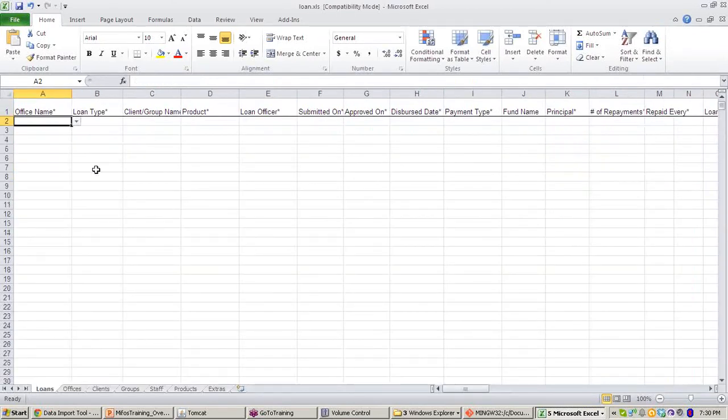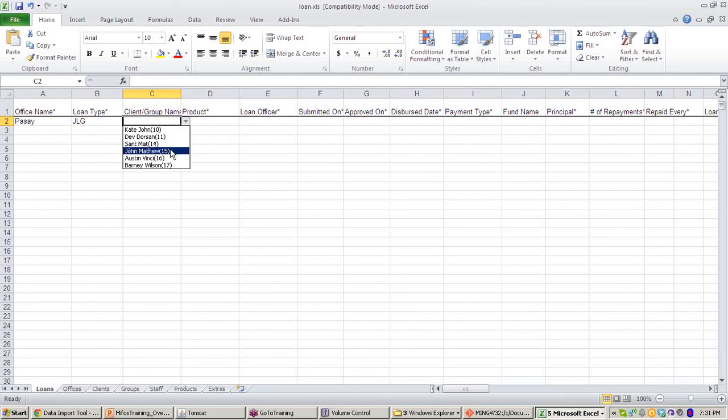Okay, here you need to define the office name. Let's consider the same office as a loan type. Whether it may be an individual loan or group loan or JLG loan, you can define any one. For simplicity, let's take it as JLG loan. Here it should mention the new clients we have just created.